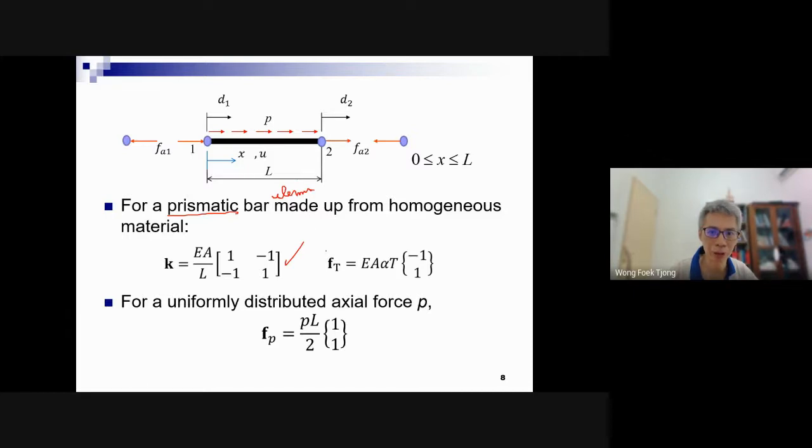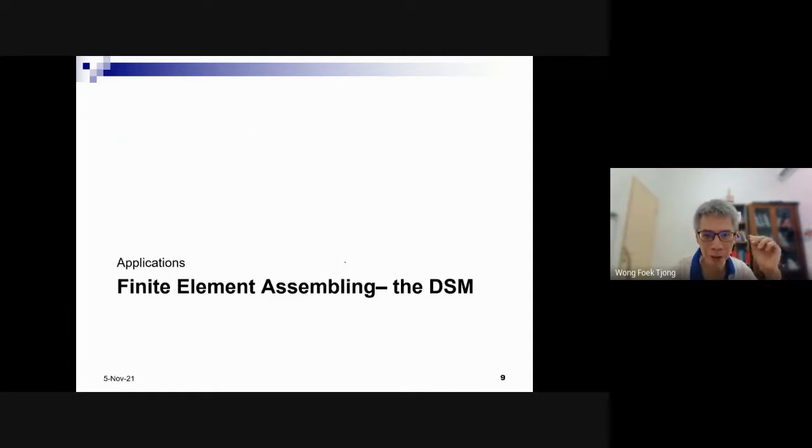And the temperature also constants, this one. And also if the distributed axial force is constants, we have this one, okay? For the other distributions, we also can compute the equivalent nodal force and the equivalent nodal temperature. So we are ready to use this one, okay? We are ready to apply this to solve any bar problems.